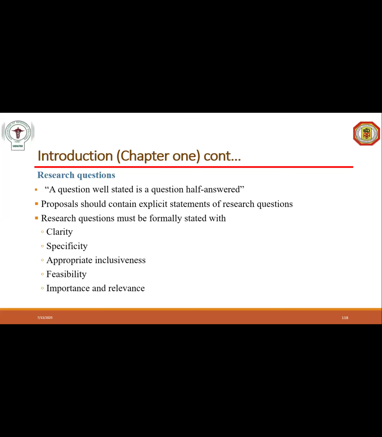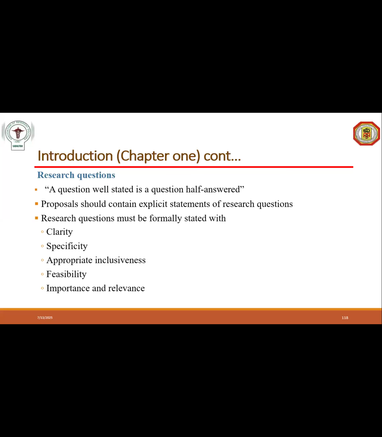So any research question should be stated in such a way that it must be answered by the research after the research is finished. But you can see some people are asking questions that even at the end of their research, they cannot answer such questions. So such are not research questions. Research questions should answer what your research is supposed to answer.